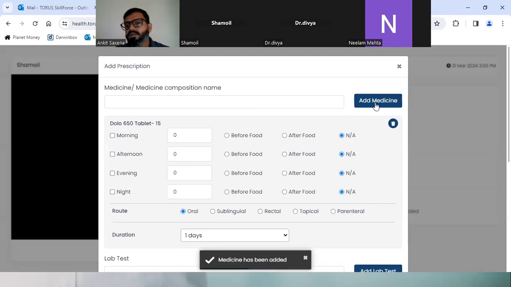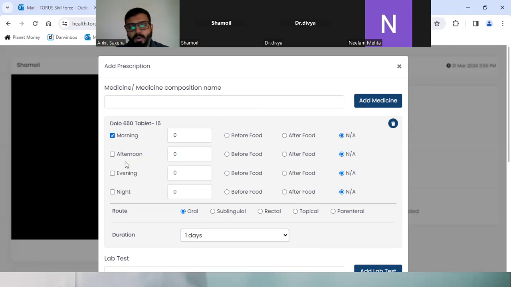Now, once you click on add medicine, it will be asking for the frequency. So for example, I want to give it morning and night, after food. Right. Morning and evening, after food. So I've clicked after food. As soon as I click after food, NA will automatically be removed.